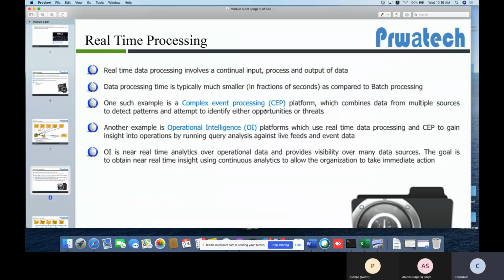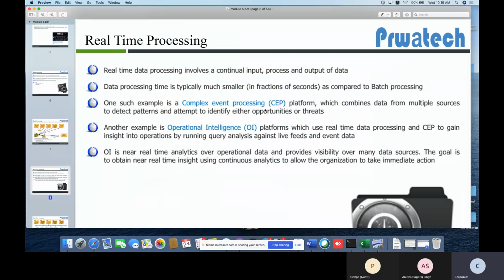If they find out these things in real time, they can take immediate action if something is wrong, to detect your card swiping. Nowadays these events are happening very, very often, and they can do all this detection to stop these threats using real time only.